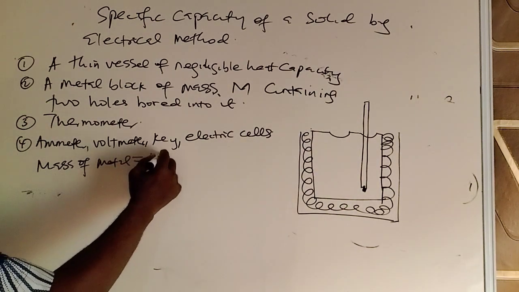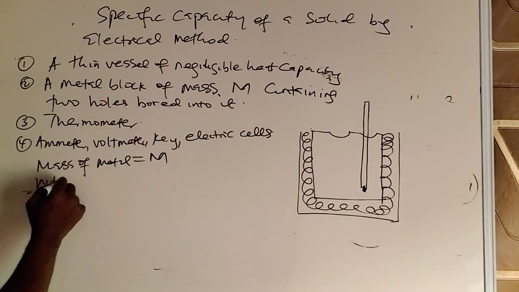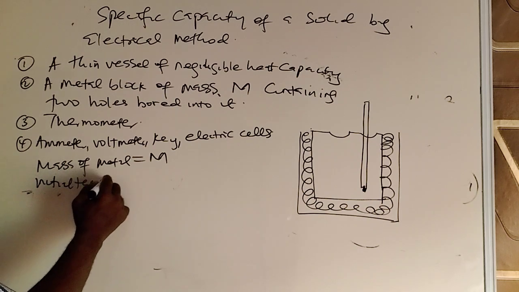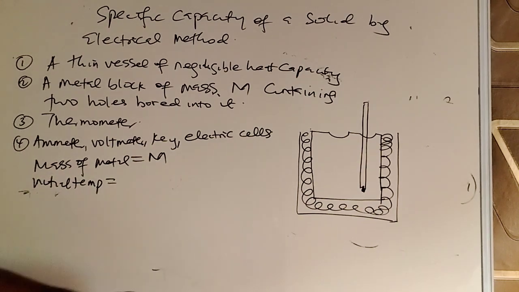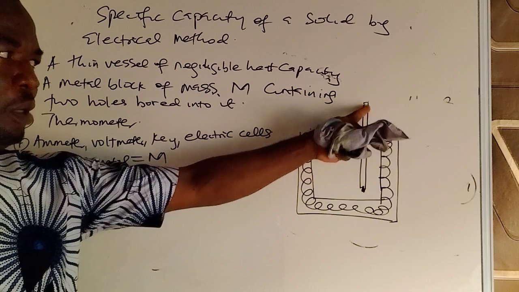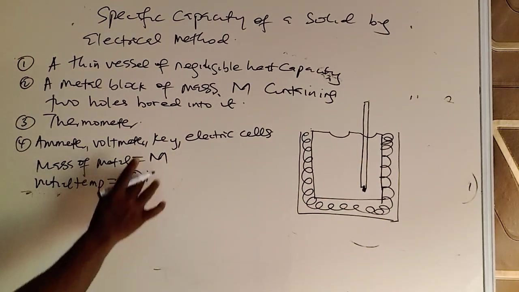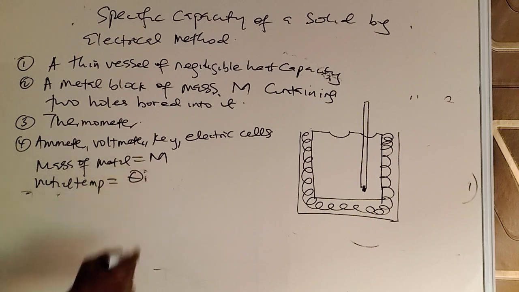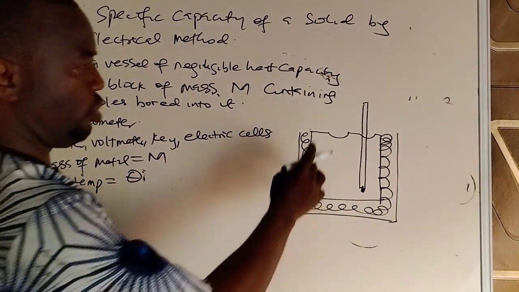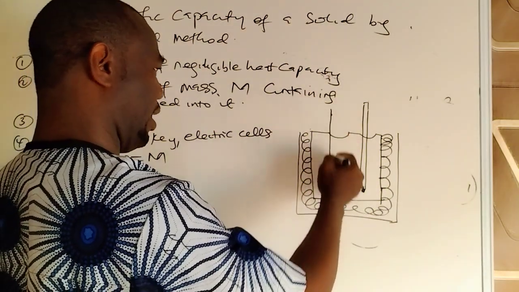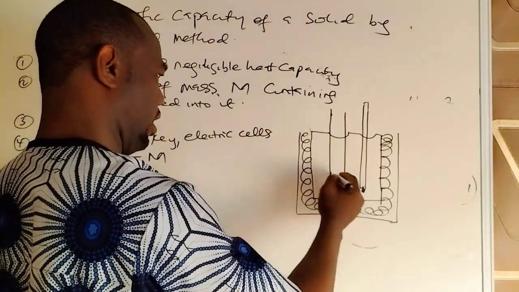They call it M. The initial temperature of the metal: after you put the metal here, you take the initial temperature, theta 1, or theta I. Then in this hole, we now insert our electrical heater into this place,